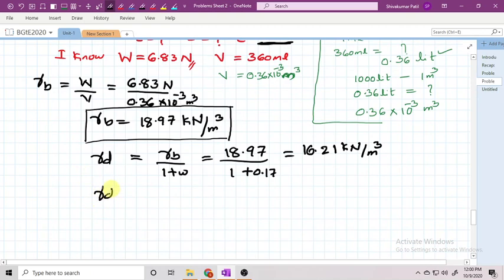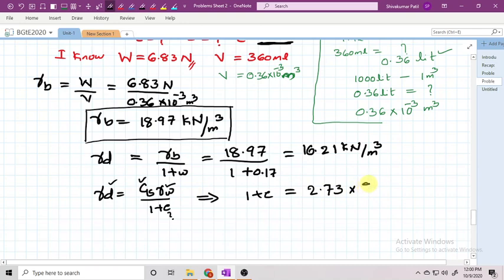What is gamma D actually? The formula is gamma D equal to Gs into gamma W divided by 1 plus E. I just now found gamma D. I know the Gs value and also the gamma W, but the only unknown is the E value. So 1 plus E is equal to the specific gravity 2.73 into the unit weight of water. I can take either 9.81 or 10 kilonewton per meter cube, divided by